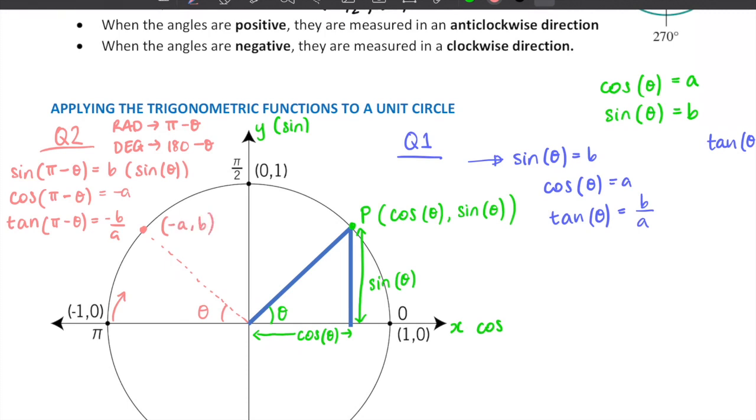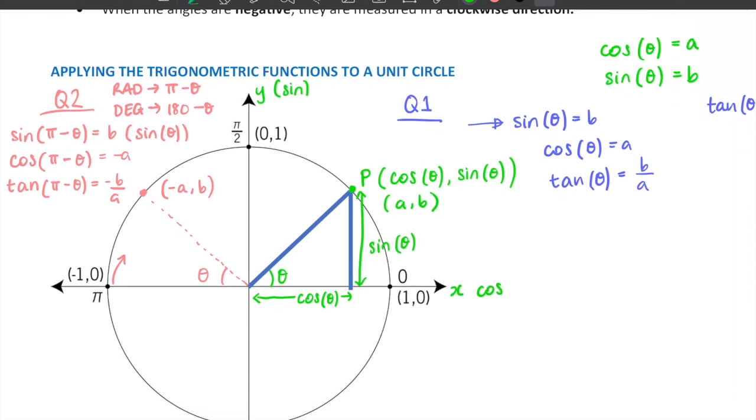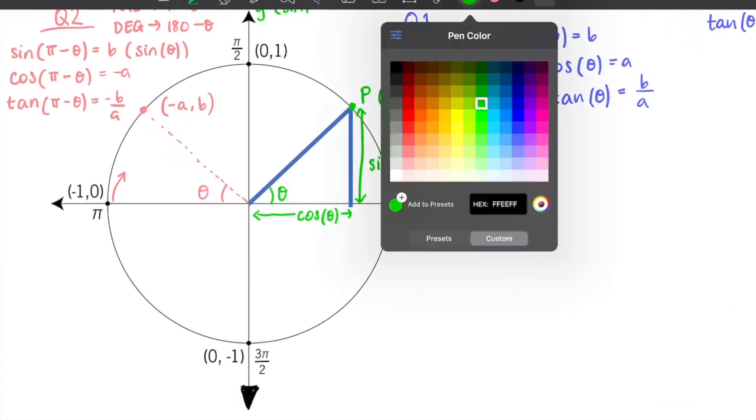Now when you think about where it exists on the Cartesian plane, we know that our x values are negative in the second quadrant and our y values are positive in the second quadrant. So I'm just going to quickly write here that point P has the coordinates A, B. So now moving down to quadrant number 3,